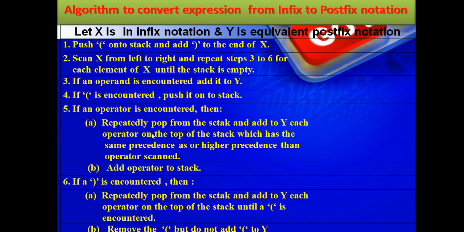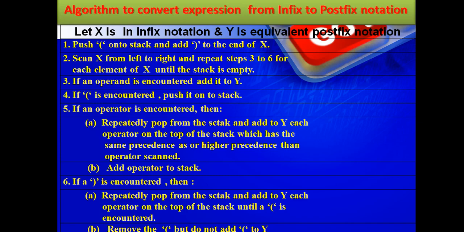Now, one more thing we have to tell here. There may be a left parenthesis also present, and operators also present in the stack. You go on popping those of higher or equal precedence. Your popping should continue till the first left parenthesis available on the stack. Whatever operators you are popping, print them. Let the parenthesis also pop, but don't print it, because in the output we don't want any parenthesis.